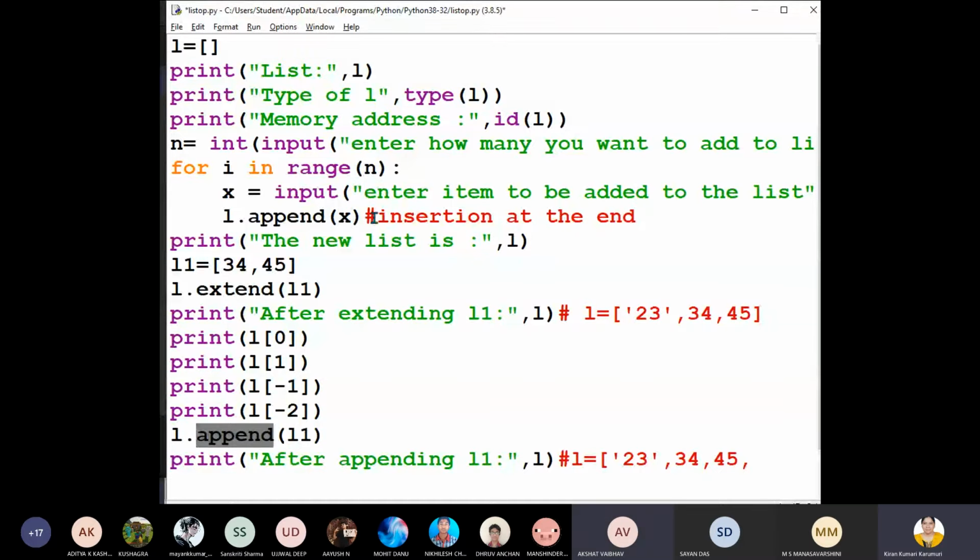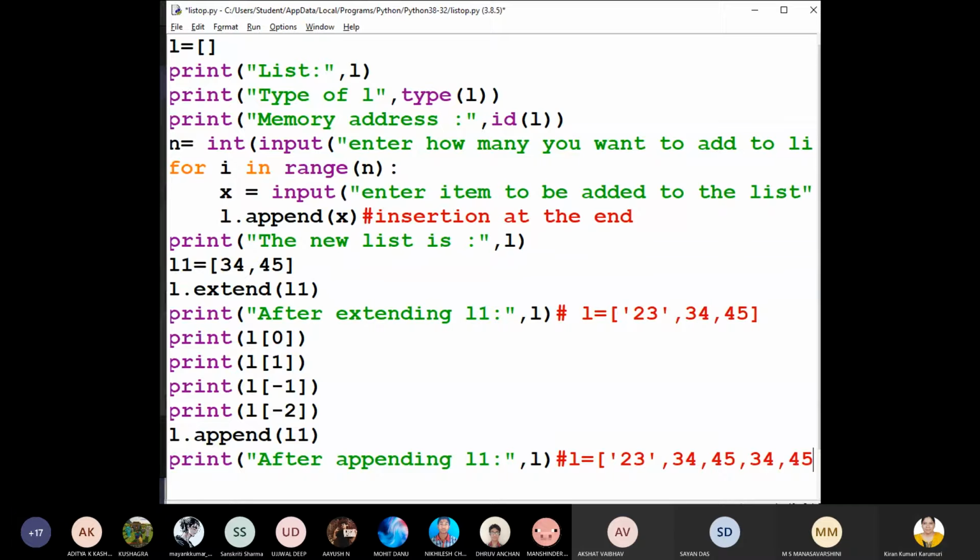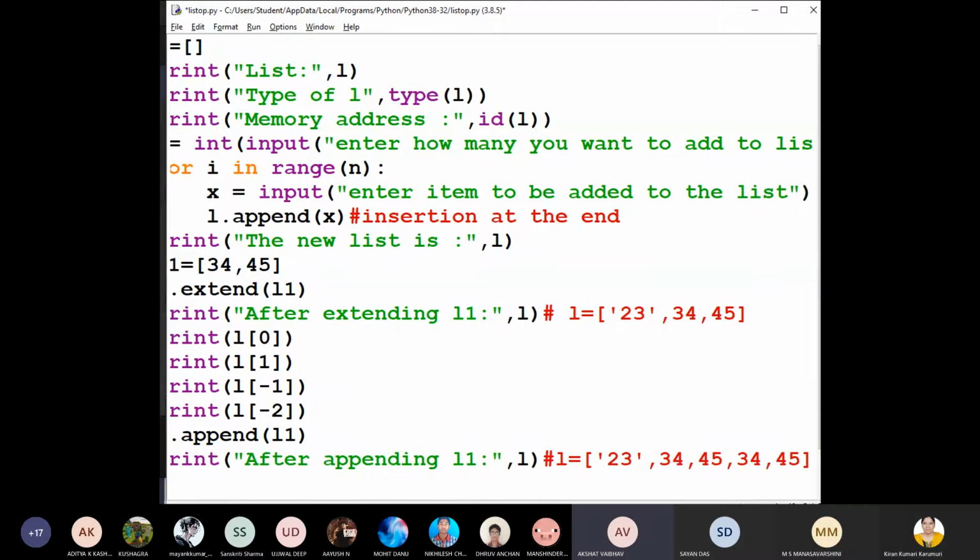Appending means insertion at the end. Insertion at the end of L. Now my L is this one, so we have to add at its end. Okay, what will we add? We will add L1. Right, what is L1? L1 is 34, 45. Very good. So now what should I write here? 34, 45, 34, 45. Correct? Yes, ma'am. What is the difference between append and extend, child?